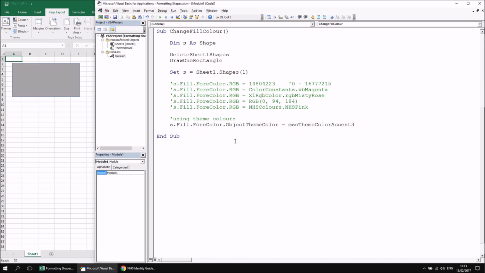Now, as well as being able to apply a theme colour to the forecolor of a shape, you can also change the overall theme, or indeed the set of colours used for the document, using code as well. The key to this is knowing where the files are stored that contain the theme colours. So depending on which version of Office you're using, the file path might be slightly different for you. But for me, on my particular machine, using Excel 2016 at this point, if I open a Windows Explorer window